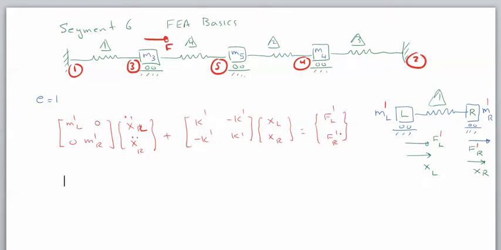So these are supposed to go in the proper positions in the global stiffness matrix and the